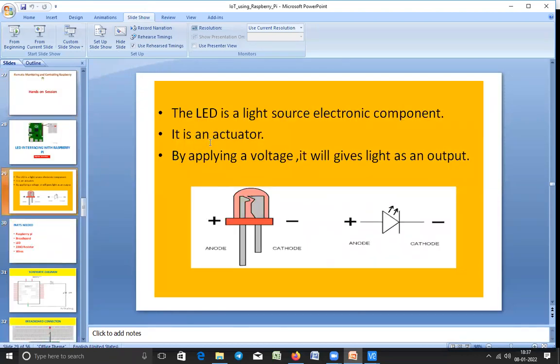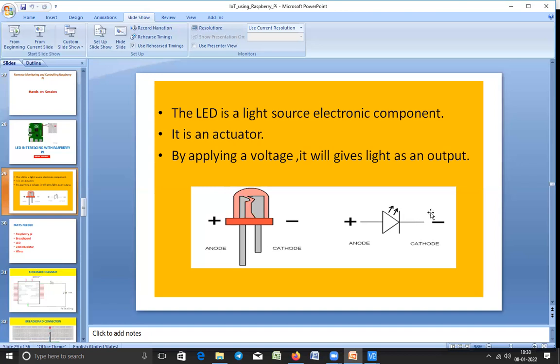This is actually the LED. We know that an LED converts electrical energy into light energy. It's very similar to a diode. You can see a diode symbol, but you see here a light being emitted, right? This is the positive side, and this is the negative side. This is the anode and cathode. You have to provide only the forward current.